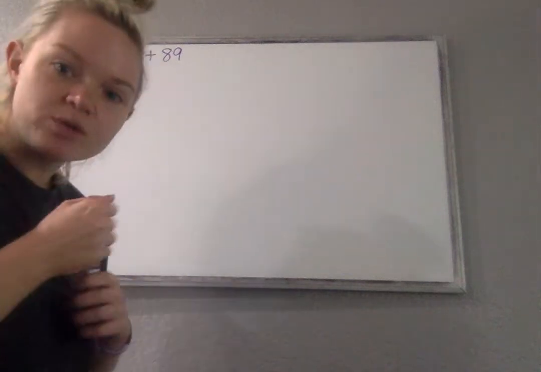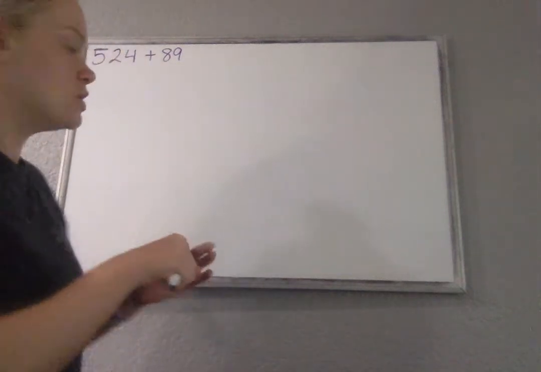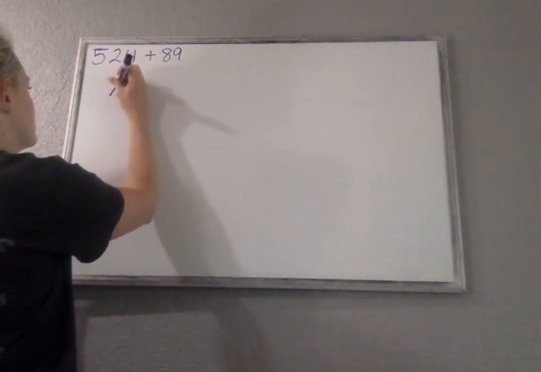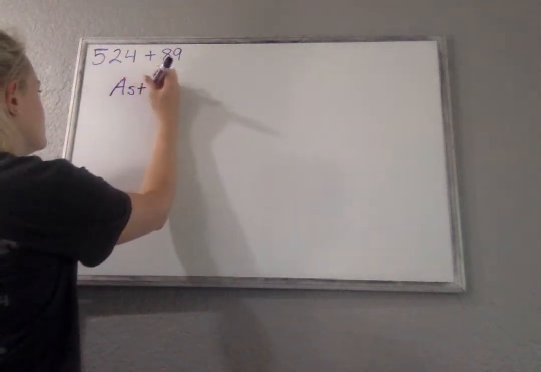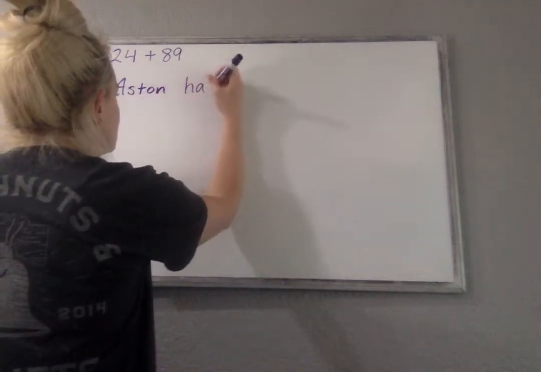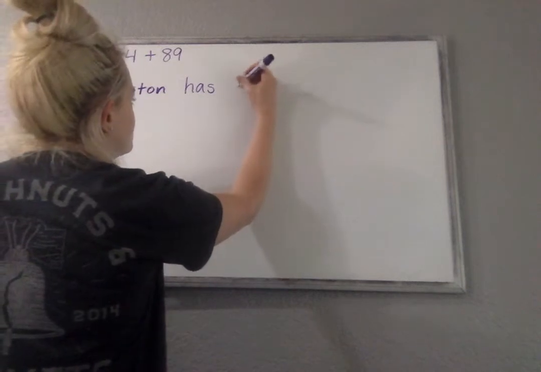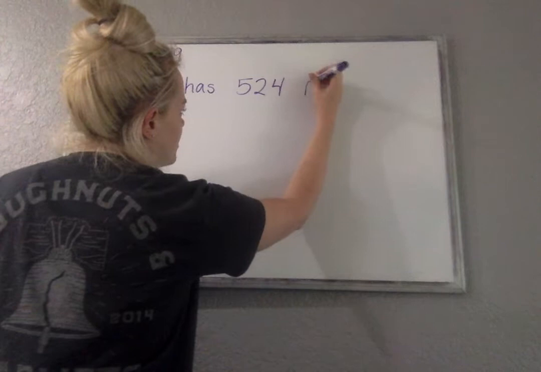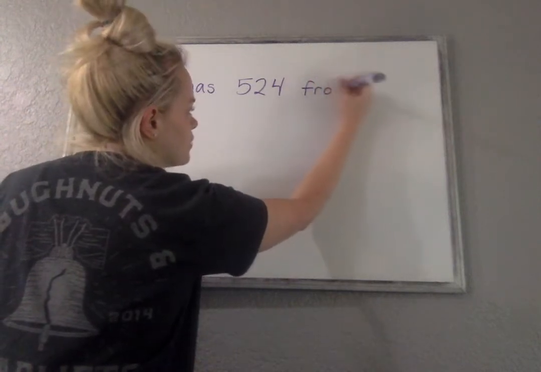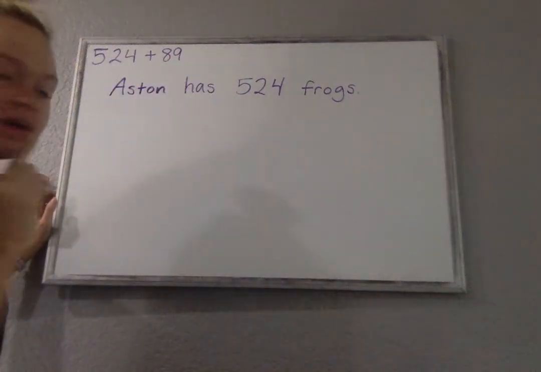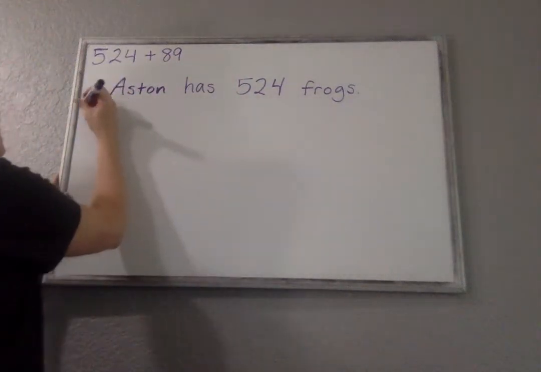So you can get really creative with this, and you can use your friends in your word problem, whatever you want. So I'm going to use, we'll say, Aston has 524 frogs. I don't know why Aston would have 524 frogs, but we're just going to say he does. Okay? And then we're going to say Thomas